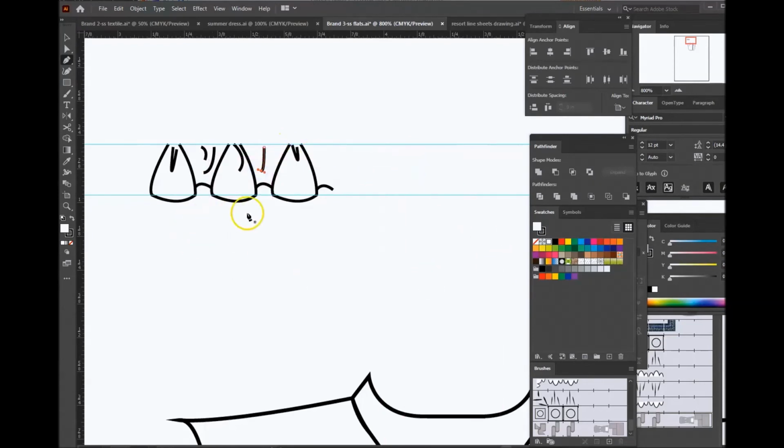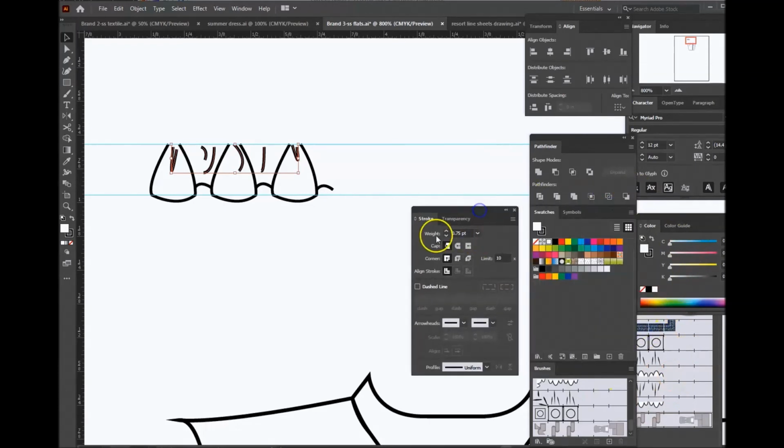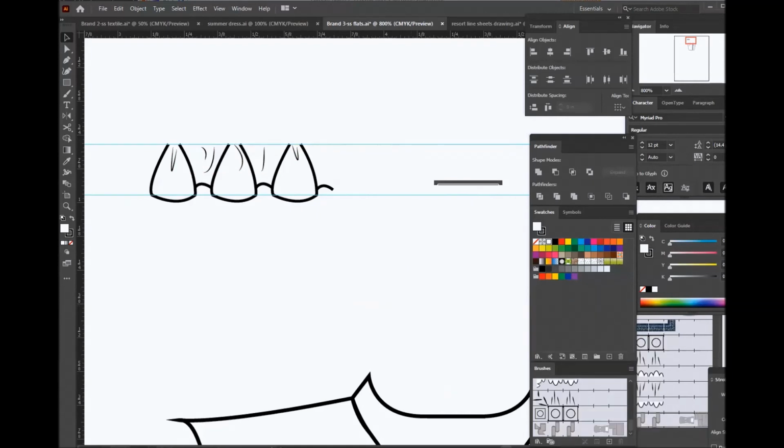Yeah, like this. And then I will hold my shift key and then select this together. Just the wrinkle lines. And then with the stroke, I want my stroke really thin. And also I want it a little bit not uniform. Okay? So after you got this,